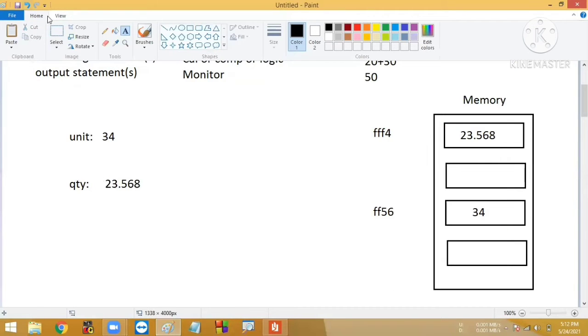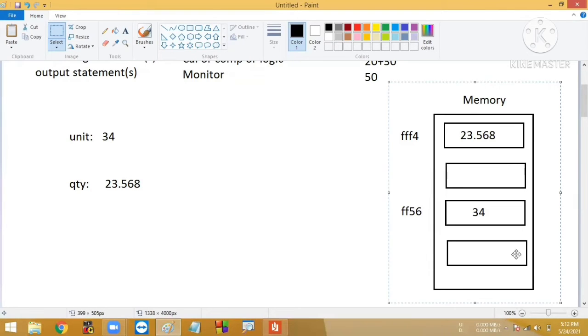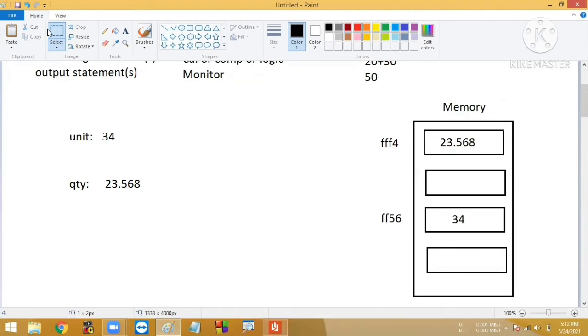We call this the memory address of the block. The name we have given for this block is unit, and for this one we have given the name quantity, as QTY.